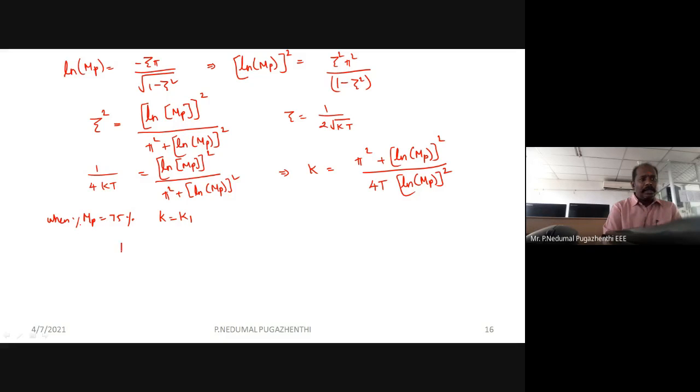So I can apply that k1 is equal to pi squared plus ln of Mp, which is 0.75 because 75 percentage is 0.75, the whole square, divided by 4T into ln of 0.75 the whole squared. This is k1. If I solve this, I am getting a value like